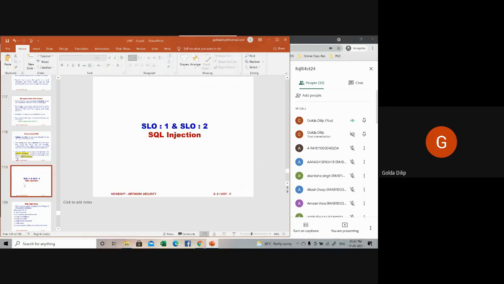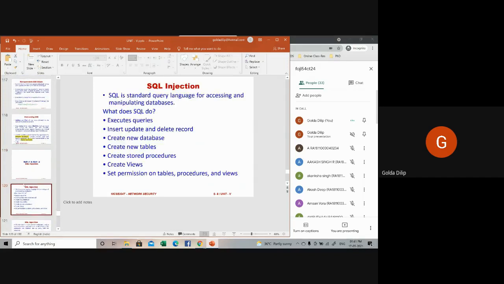Now, finally coming to what is called SQL injection. SQL, structured query language, is something you are all familiar with. Before I tell you what SQL injection is all about, you are aware that web applications are multi-tier, with three tiers: the web tier, the application tier, and the database tier.